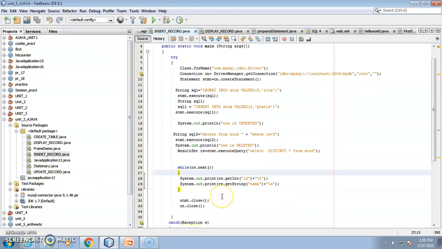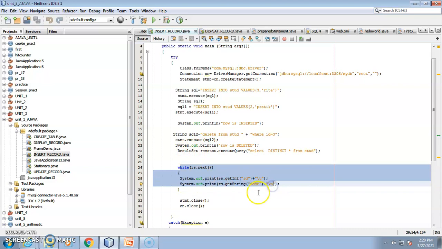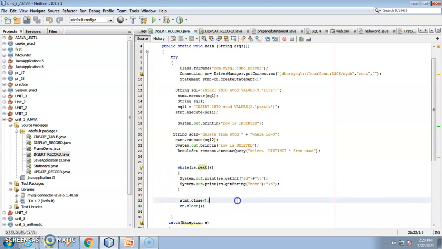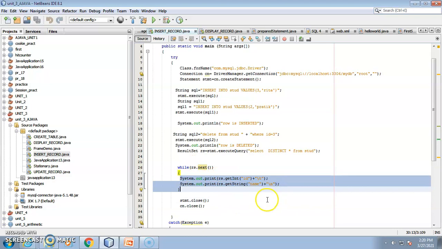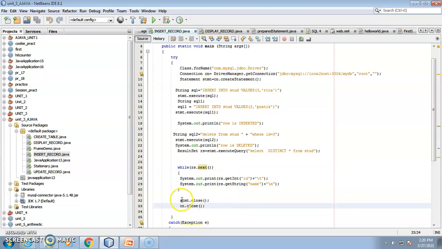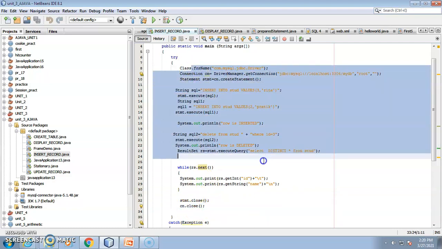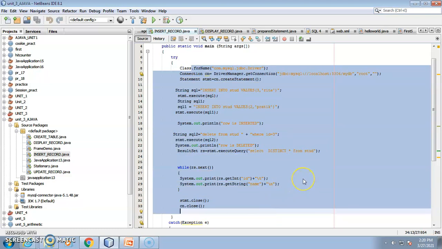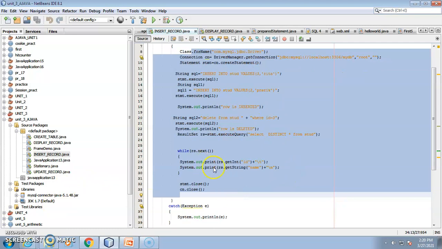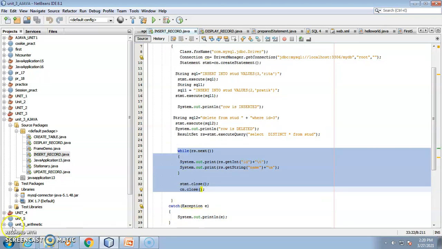So how are we displaying this? We are displaying this by using this one. We are displaying the ID and name. So this is a result set, till the next record you are getting. You just go on execution, and once all the records have been completed, you just close the statement and close the connection. I have already taught you every small thing that is present here in the classroom. So this is how you can insert and delete. Also, you can display the data through this one. I hope it is clear to everyone.